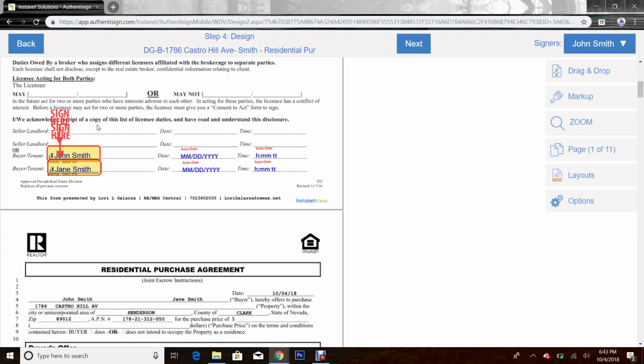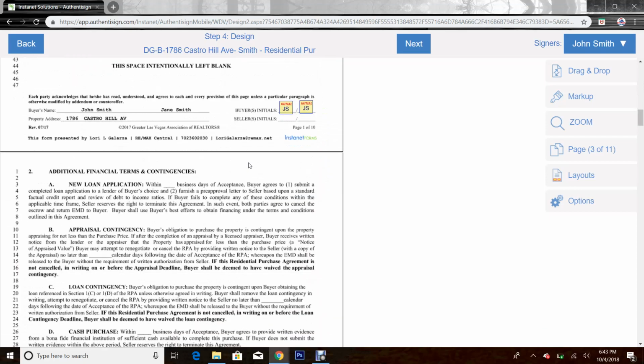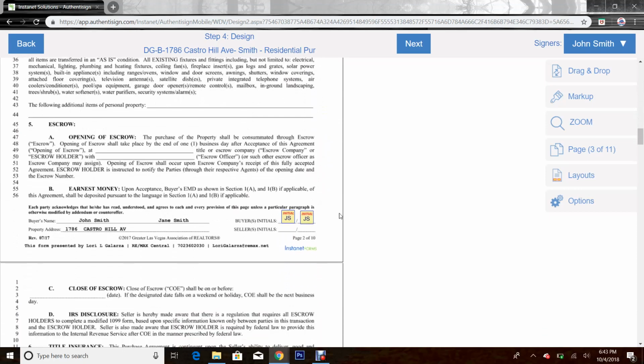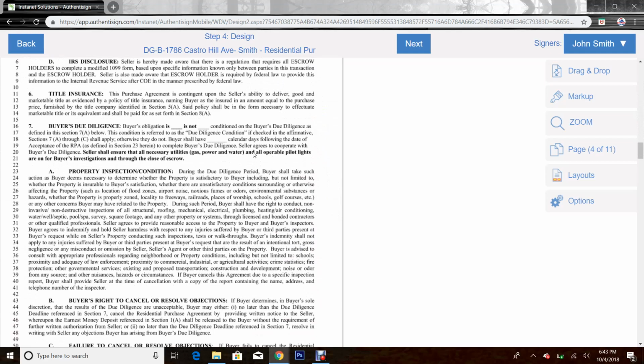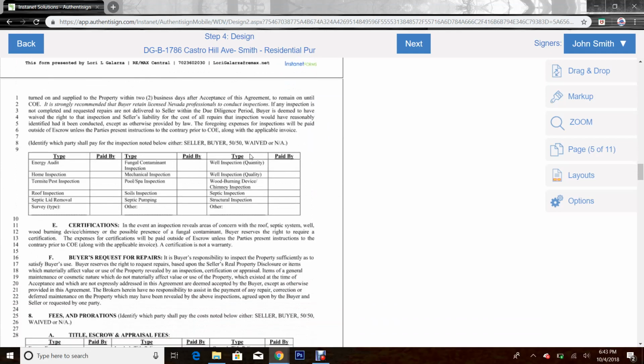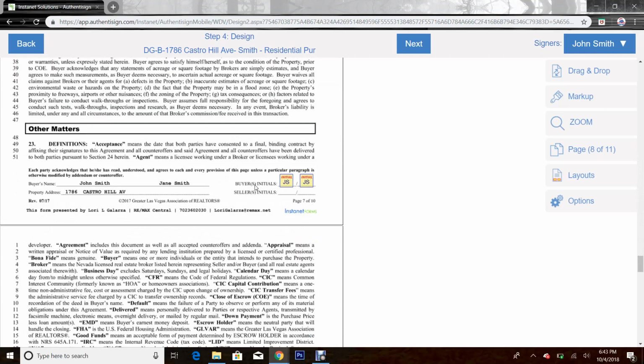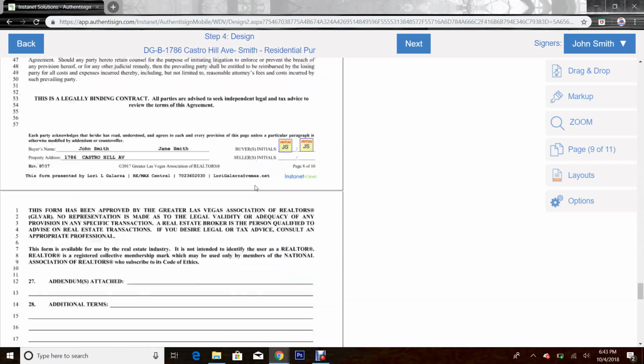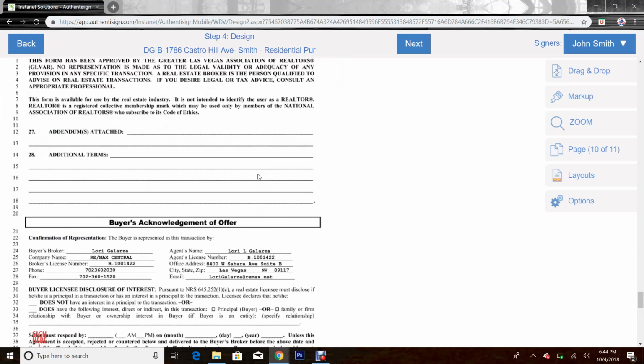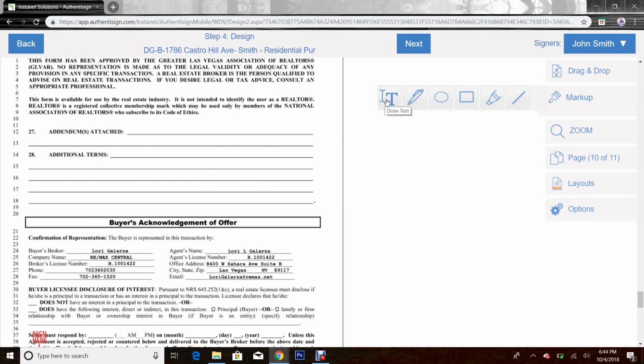So automatically, most of the documents will already indicate where it needs the buyers to sign or to initial. But let's say that you need to add something. So the agent needs to add information into the document before sending it to the client to sign. You would click the markup button and then click the text box, and you could draw the text box here and add in something that says like client